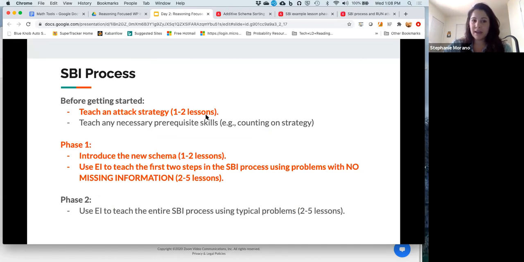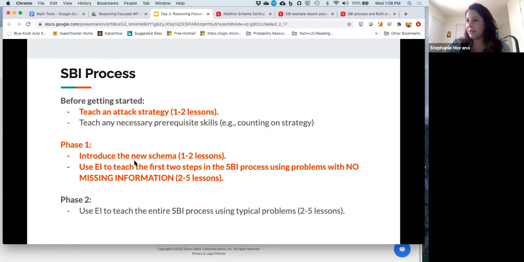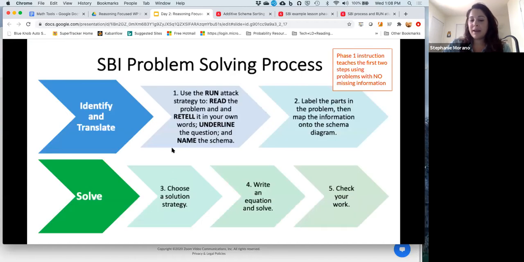So today we're going to look at how we teach an attack strategy, and then we're going to focus on phase 1 of schema-based instruction. In phase 1, we're introducing a new schema. Today we're going to work with the example of the combine/total schema. And then you're going to use explicit instruction to teach the first 2 steps in the process using problems that have